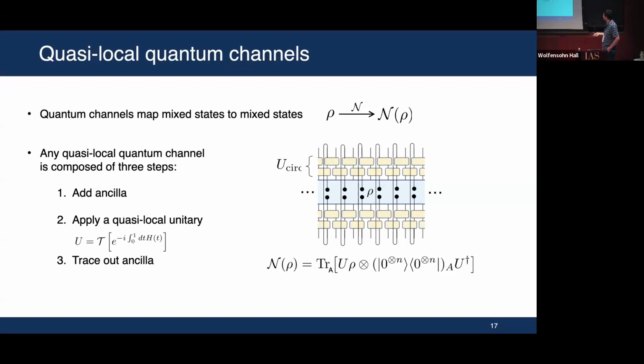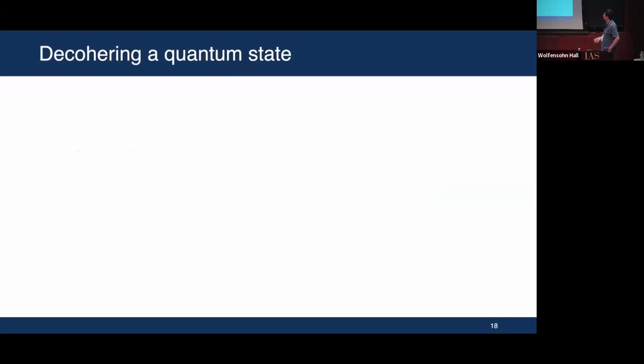All right, so this is the notion of a quasi-local channel. And once we have states, we have a sort of generalization of evolution. We can start talking about which state should be considered as related to another state, as equivalent to another state. And now, before discussing that, let me just give you the example of what it looks like to have a quantum channel applied to many-body states.